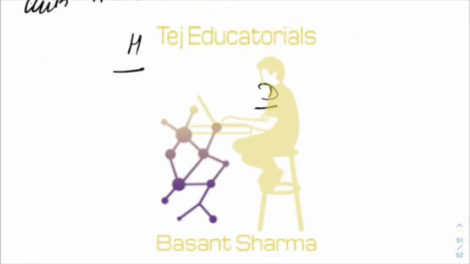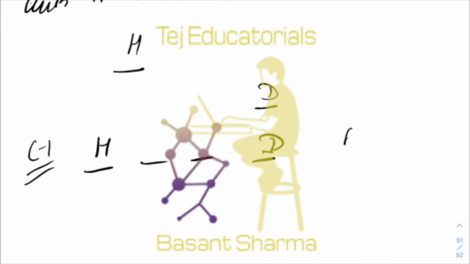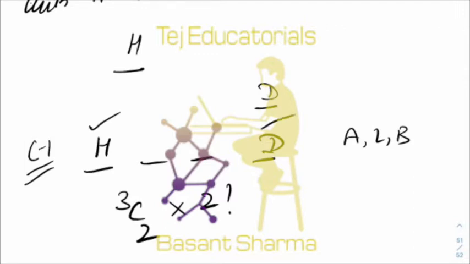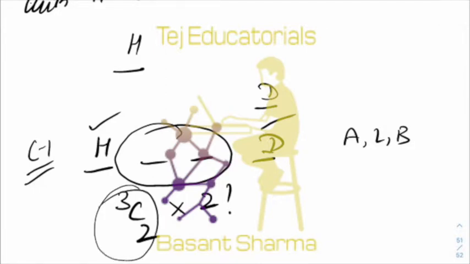Now you see, what is the number of ways in which the word starts with H and ends with D? So basically you have A, L, and B available. Select two out of these three and then permute them in 2 factorial because H and D are fixed. So you have to choose two alphabets for these two places, which can be done in 3C2 ways, and you can then permute them in 2 factorial ways.